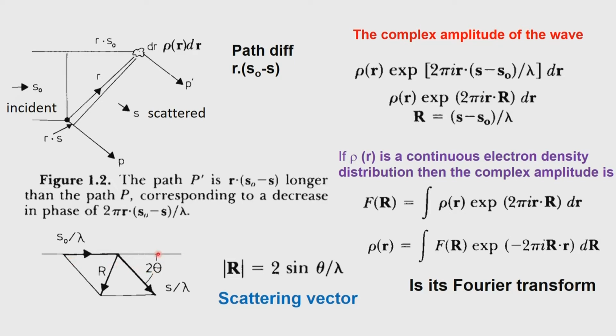Now, how does S by lambda vary with respect to S naught by lambda? We can consider that in detail by considering the possibility of having atoms put here, which we will discuss later. At this moment, the modulus of r is equal to 2 sin theta by lambda. What you notice immediately is that this quantity r, as we have been saying, is inversely proportional to length, and therefore these scattering vectors represent vectors in reciprocal space. So, obviously, we have to now define a reciprocal space, which we will do in a little while.